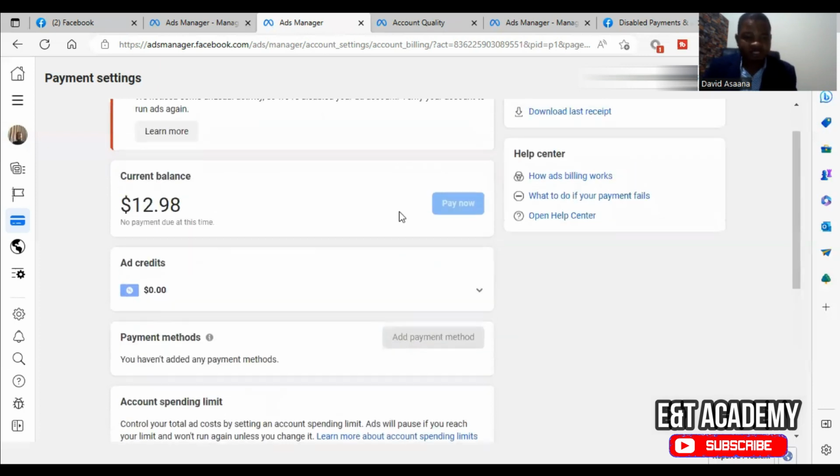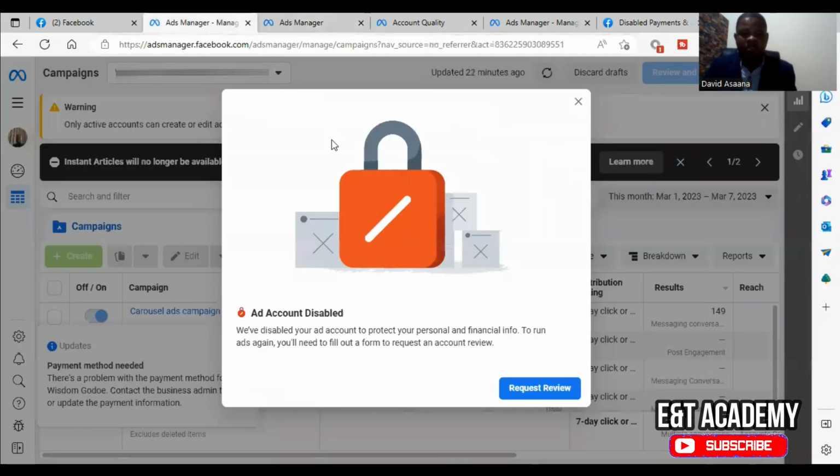So what you will have to do is that the surest way to get a solution to it is to have a bank statement. So for example,